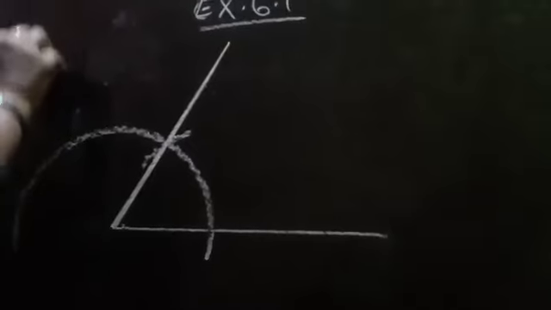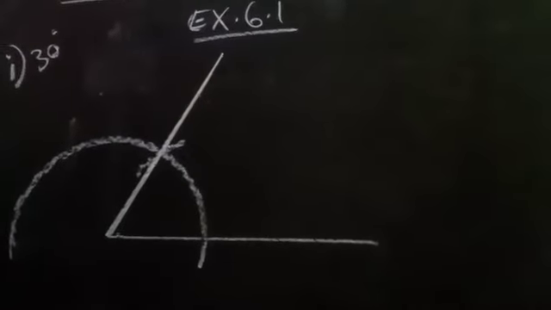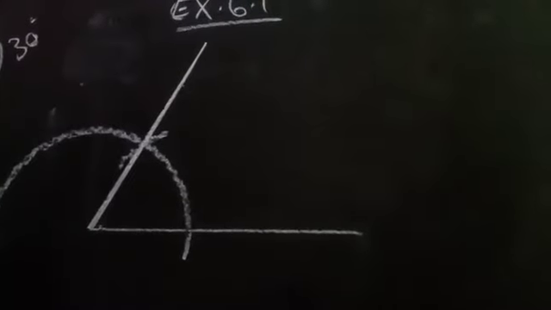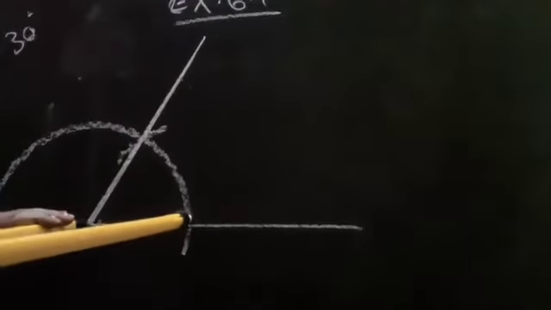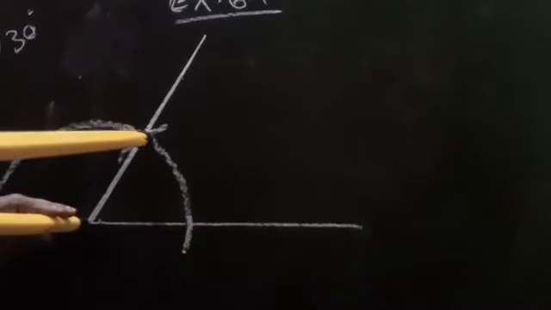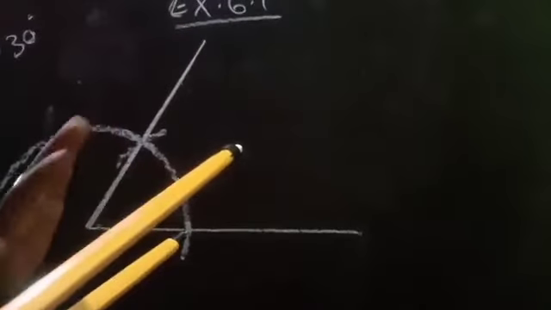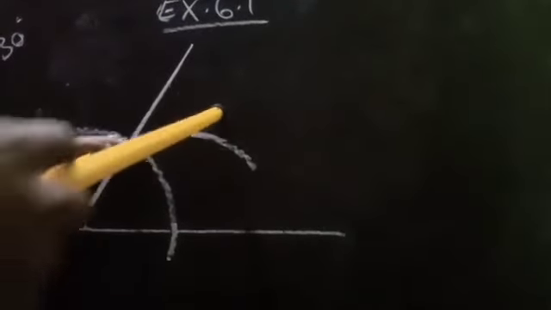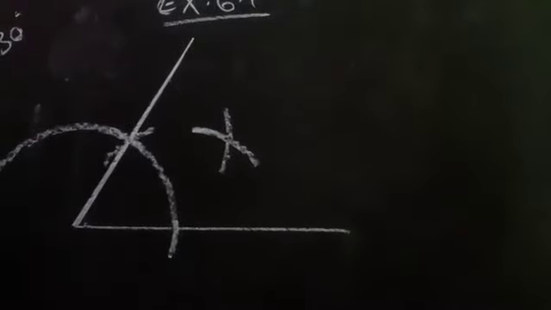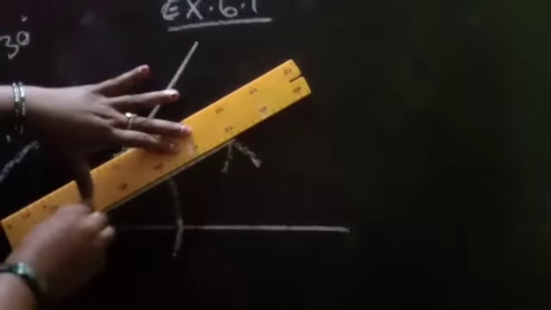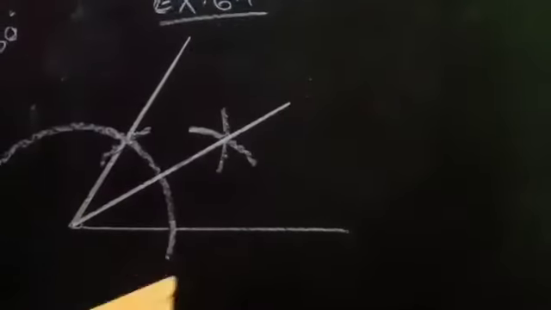Now first one we need 30 degree. So what do we need? Bisect this 60 degree. How will you measure? From here to here, here one arc, this is second arc. Same measurement also can be taken or a different measurement, but for both sides it should be the same. From here to here one arc, from this arc to here one more arc I am going to draw. Then join this. So this is called bisecting of 60 degree.